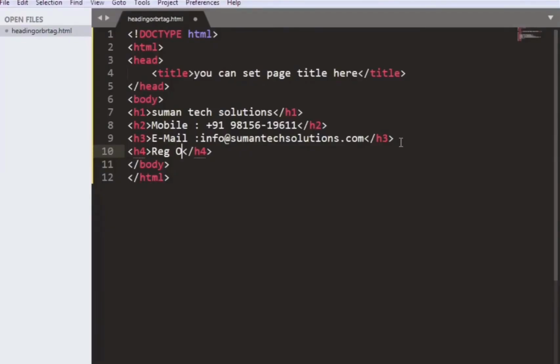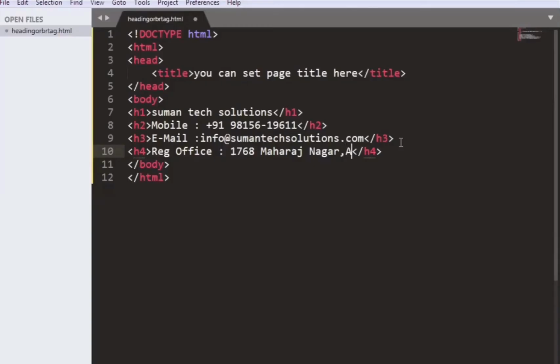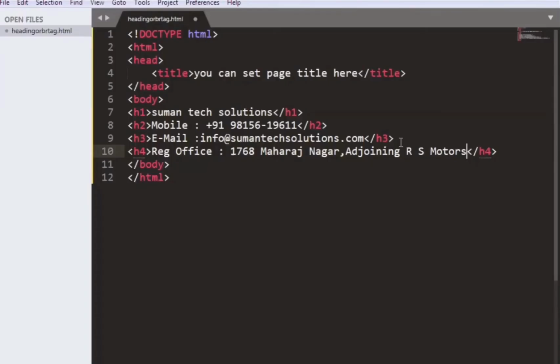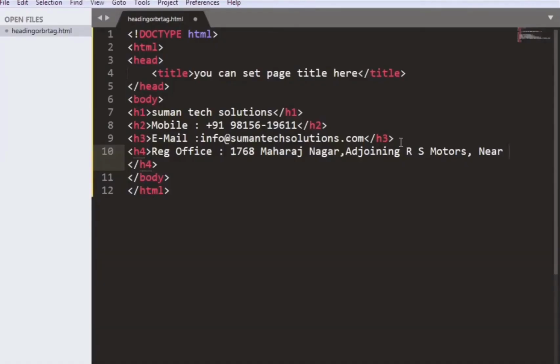So we will write the heading, that is registration office, that is 1768 Maharaj Nagar, adjoining RS Motors, near PAU, Ludhiana.